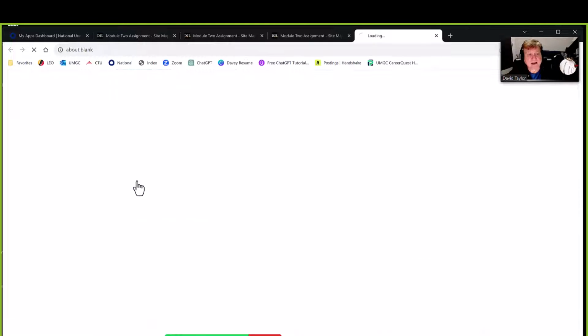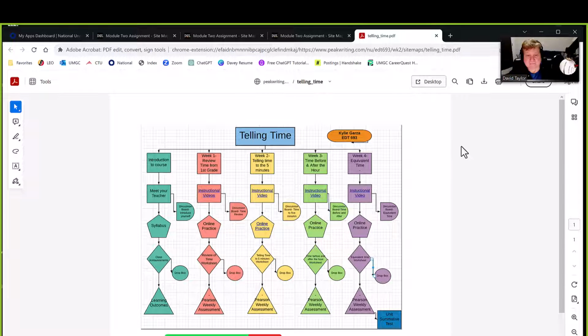And telling time for second graders. Here this student used shapes as a way of giving different emphasis to the different levels of activity: squares, rectangles, pentagons, diamonds, spheres, etc. Probably a little more detailed or complicated than it needs to be, but